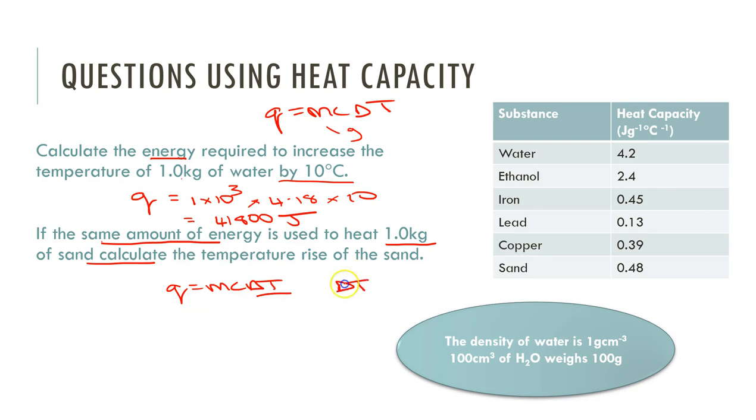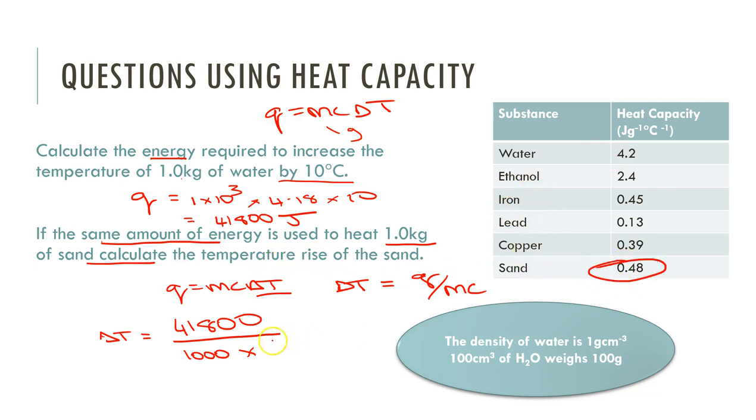So going to rearrange. Delta T is going to be equal to Q on mc. Okay, so now delta T, remember our Q value is 41,800, and then we're going to divide that by the mass, again is going to be 1,000, or 1 times 10 to the 3, multiplied by the heat capacity of sand, 0.48,